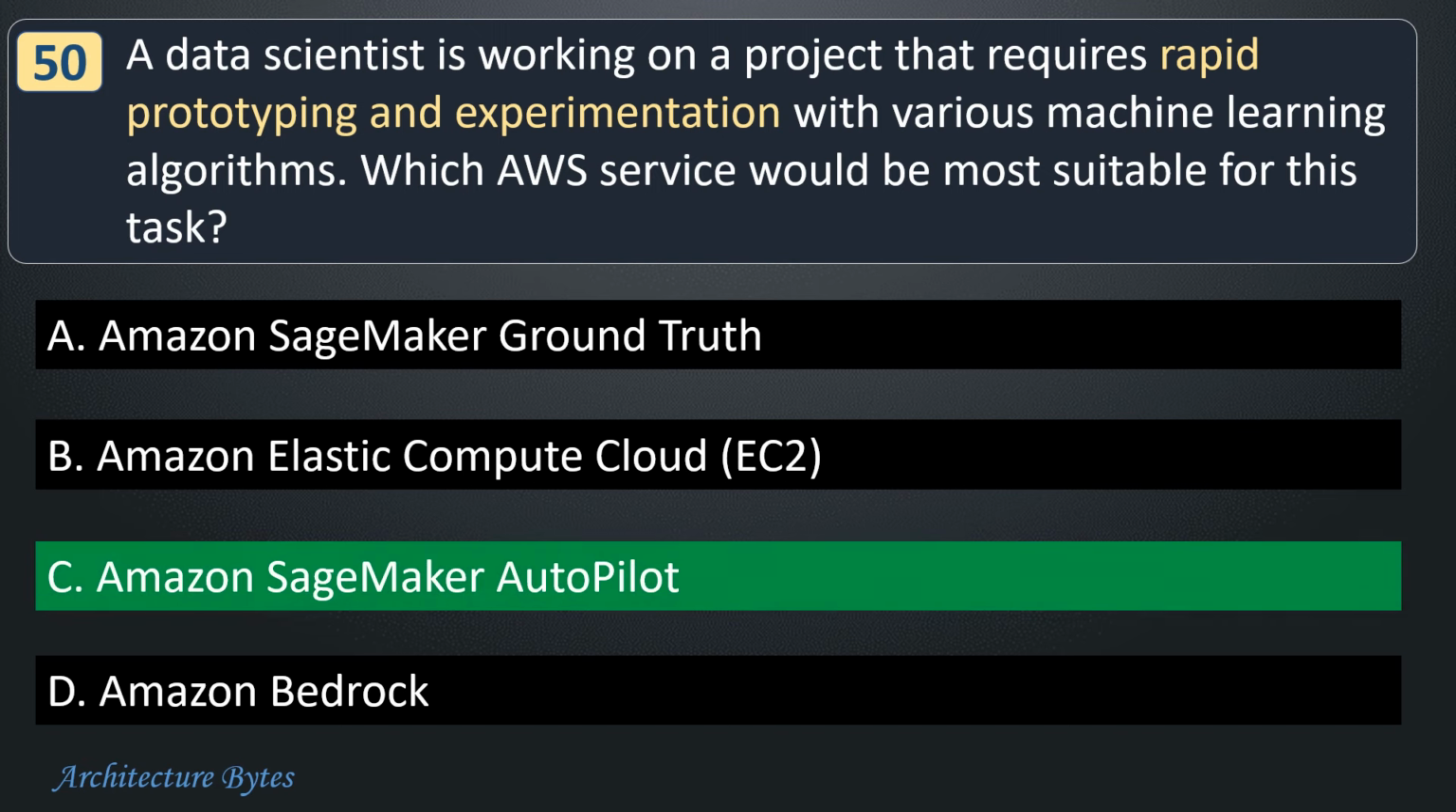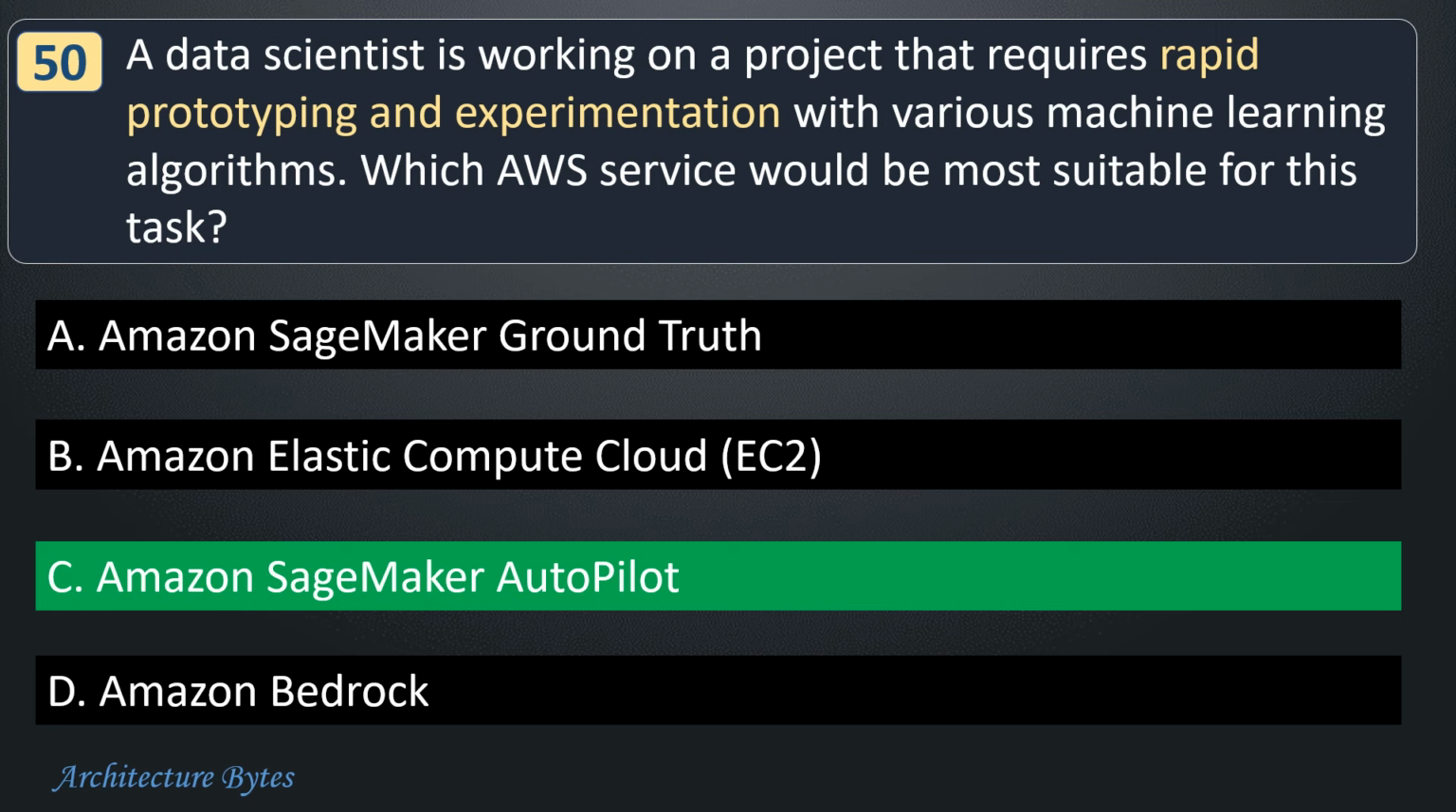Option C, Amazon SageMaker Autopilot, is the right answer here. It is a fully managed machine learning service that automates the process of building, training, and deploying models. Amazon SageMaker Ground Truth is a service for creating high-quality training datasets for machine learning models. EC2 provides scalable compute capacity in the cloud, and Amazon Bedrock is a fully managed service that makes foundation models